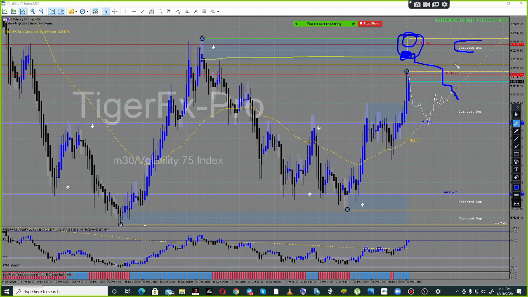Even this resistance here, right? If price started to respect this resistance, I'm gonna use this resistance as long as price breaks what? As long as price breaks this current trend. You see here, this current trend here. As long as price breaks that current trend is when I'm gonna use that resistance for me to take a sell move.